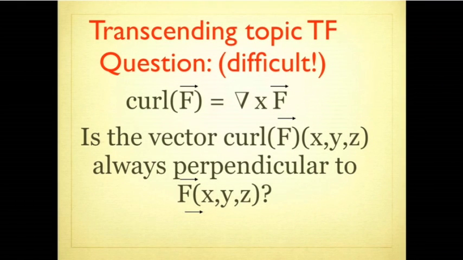And so, maybe transcending a little bit what we often do in the final, let's mix different topics together. Here's a question which already deals with topics we have seen in the later part. We have the curl, and one way to express the curl is using this nabla calculus as the cross product of these derivatives with f. Now you could think, because this is perpendicular to the vectors here, the true-false question: is it true that the vector curl of f is always perpendicular to f?